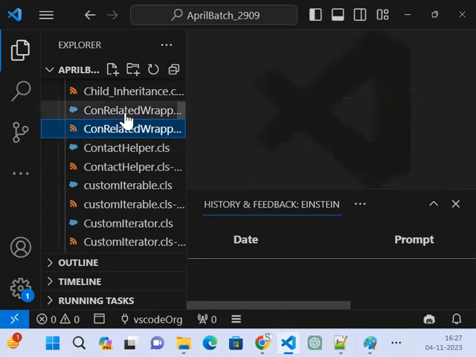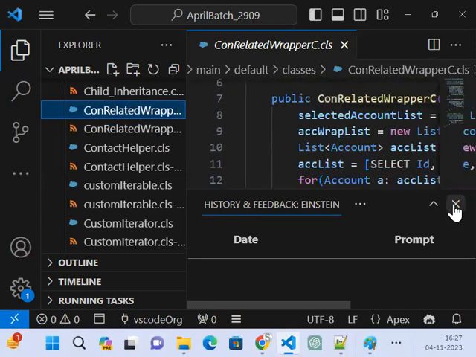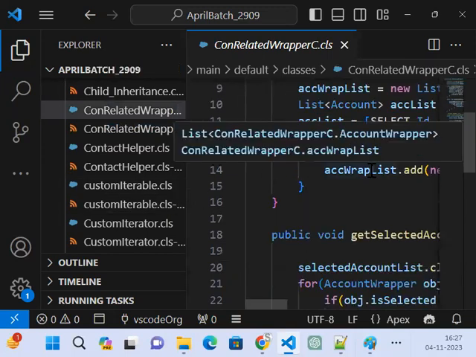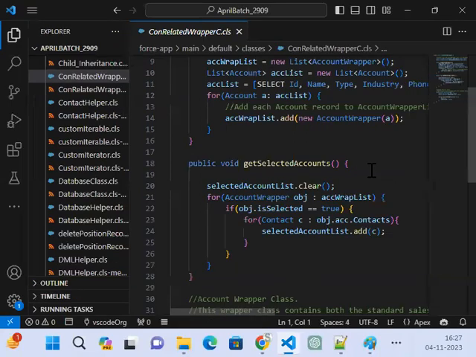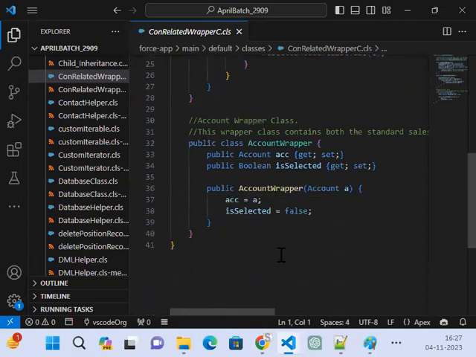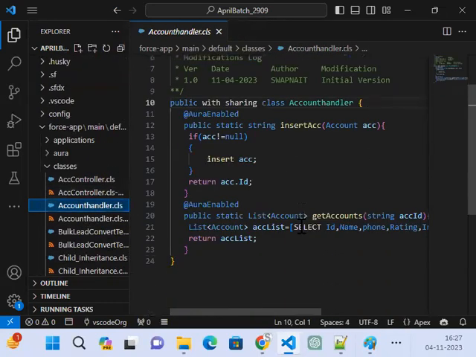Now, whatever you are implementing, everything we will be writing here. So let's say this is one. This is the class we have written. Assume that some class we have written here. Now we want to move this class. Let's take AccountHandler, right? So we want to move this class to the